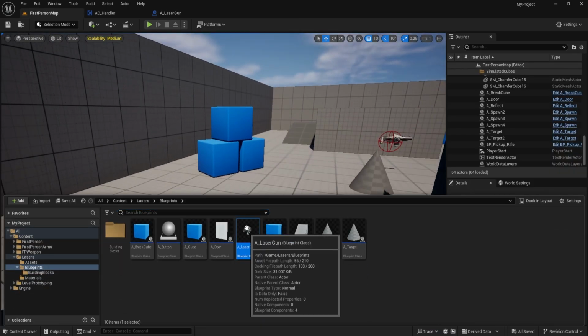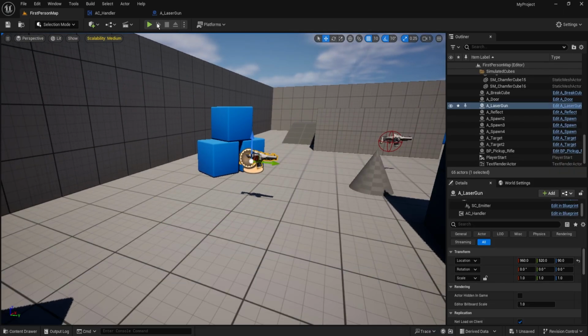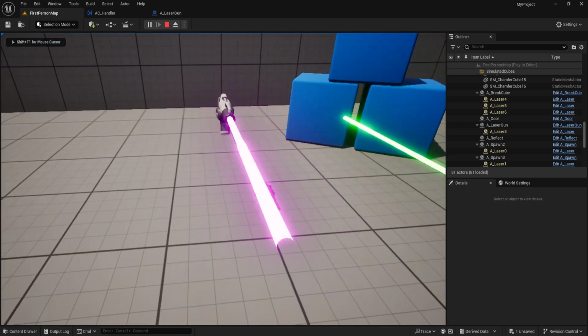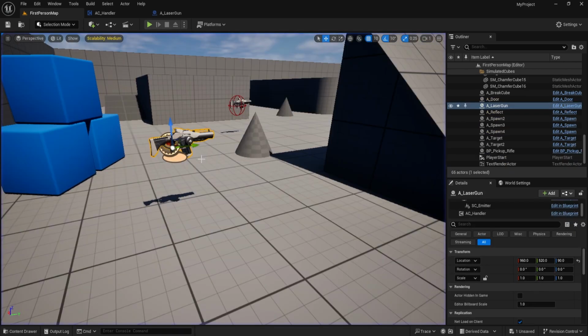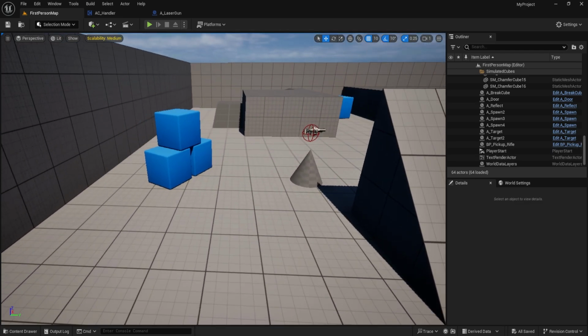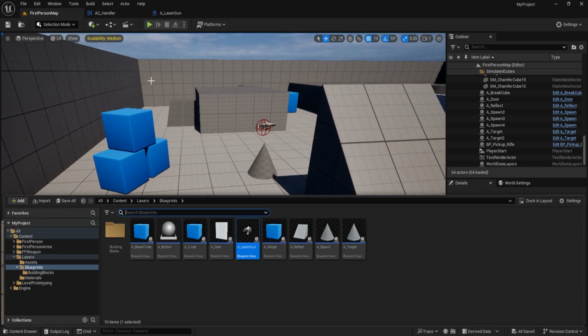The color will tell it to override, so it will be this purple. And now we can just drag it into the scene. And if we play, it should be emitting purple. There we go. The player can block it as well. And so we have our laser that shoots. All we need to do now is change a few little things just so that the character can actually use